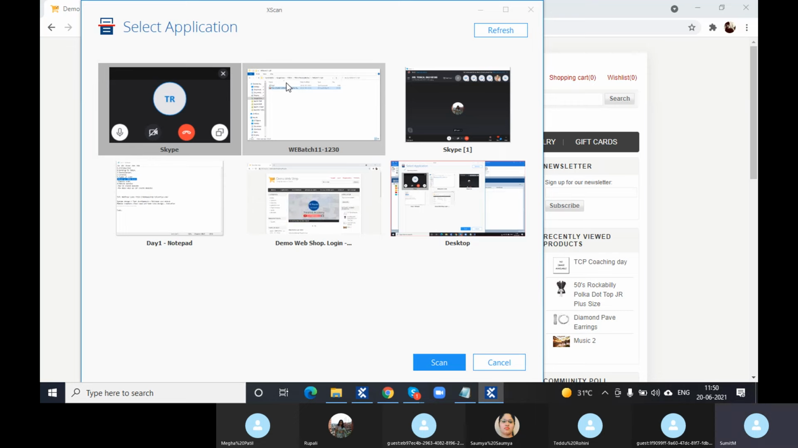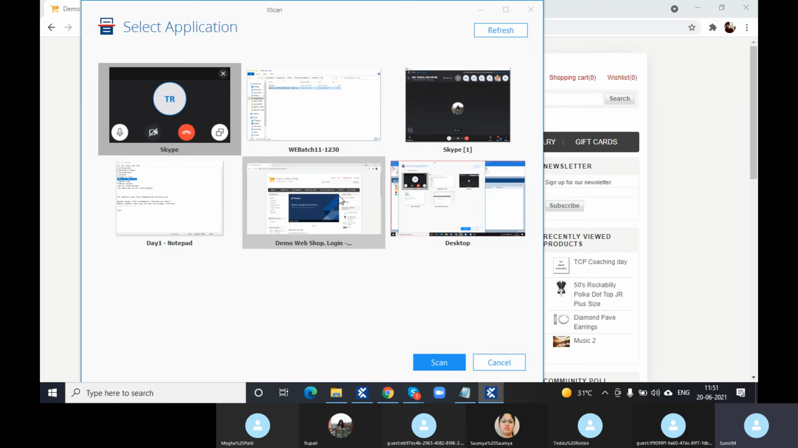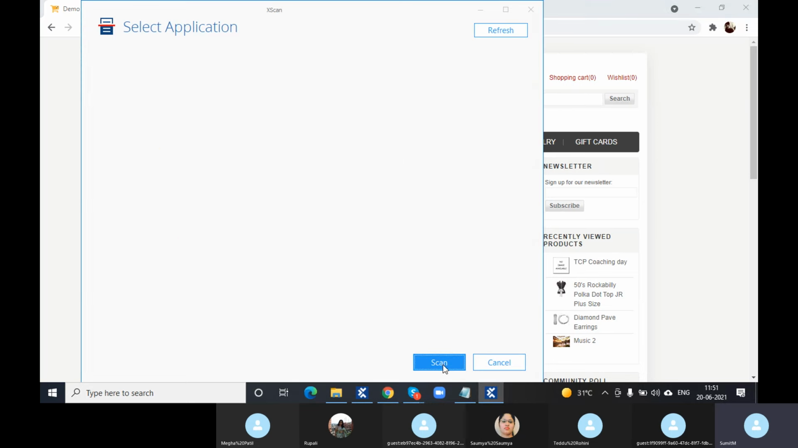So here, the desktop application needs something which will communicate with the web-based application, and that is the extension. We have the Chrome extension, and for different browsers we have different extensions to communicate Tosca with the application. So when you select this application and you click on scan,